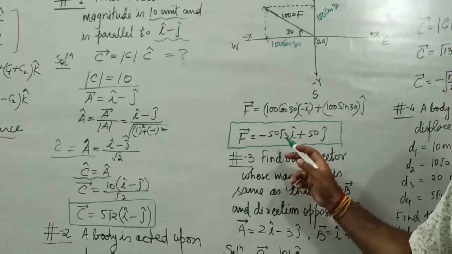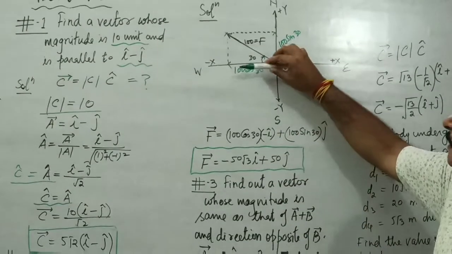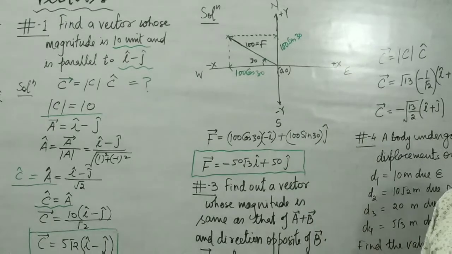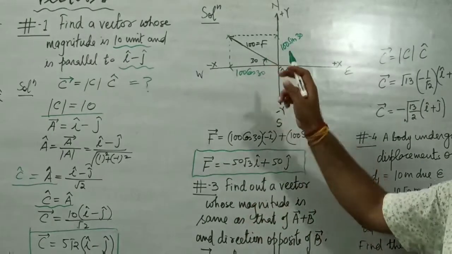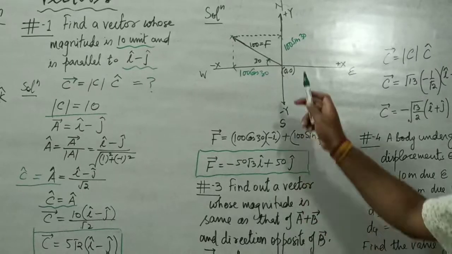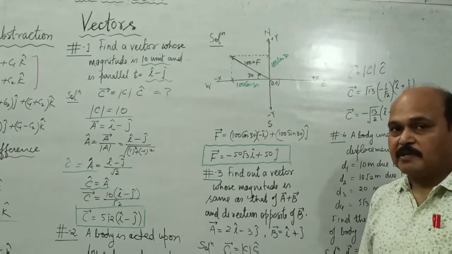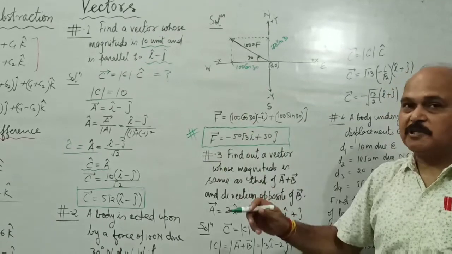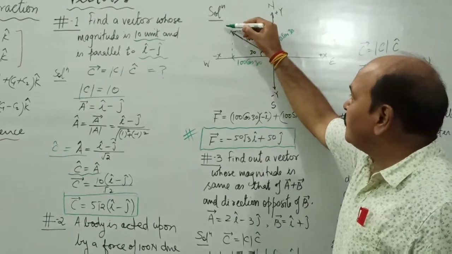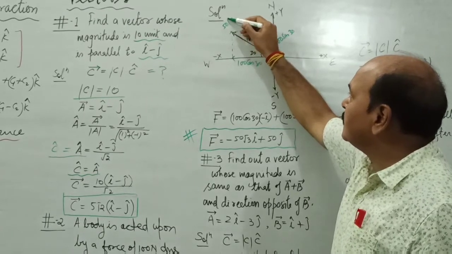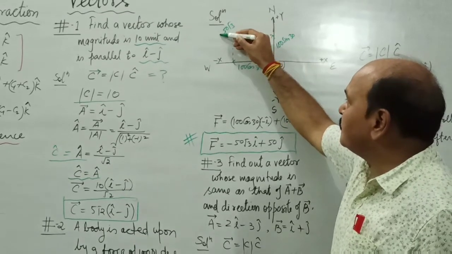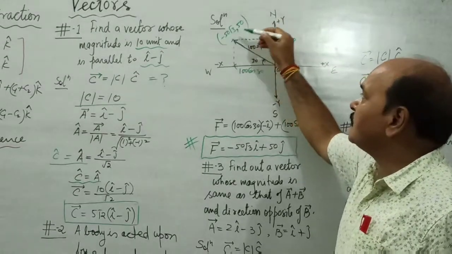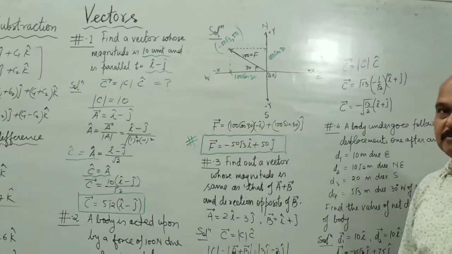So this is a force acting at an angle 30 degree north of west, and the value of force is 100 Newton. So the magnitude of this vector will come out to be 100 Newton. You can work that out, and you can also work out the direction. So the vector is given, and we have written it in position vector form. Remember, the position coordinates of the head are: 50 root 3 along negative x-axis, so you can put a negative sign, and along y-axis the coordinate is 50. The unit of both the intercepts is Newton.